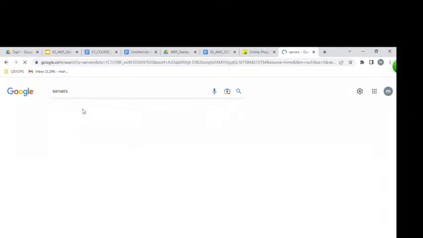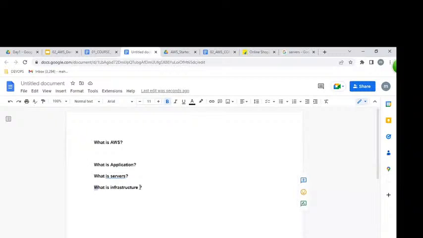The next question: what exactly is infrastructure? For maintaining and deploying our application, we require infrastructure.